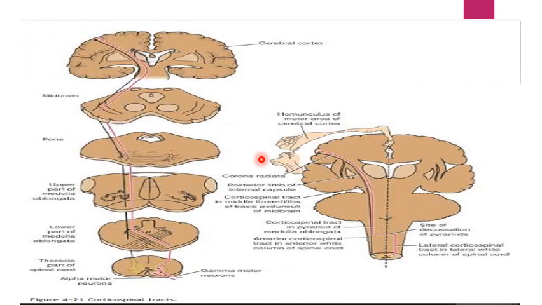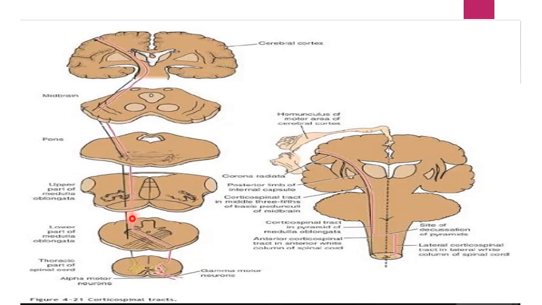This diagram shows you the corticospinal tract. The fibers arise from the cerebral cortex, then pass through the corona radiata and then the basis pedunculi of the midbrain. Then they reach the pons. At the level of the pons, they are broken into bundles by the pontocerebellar fibers,